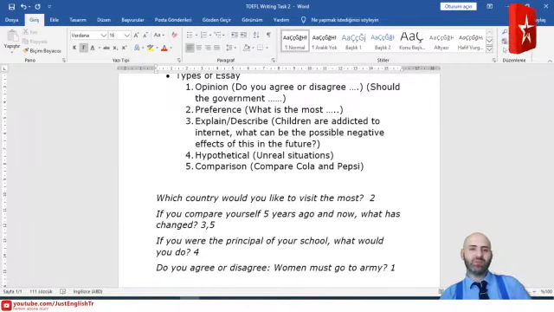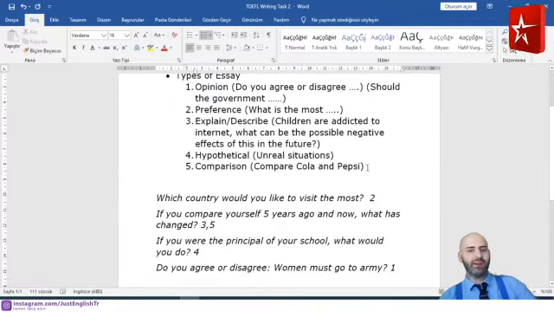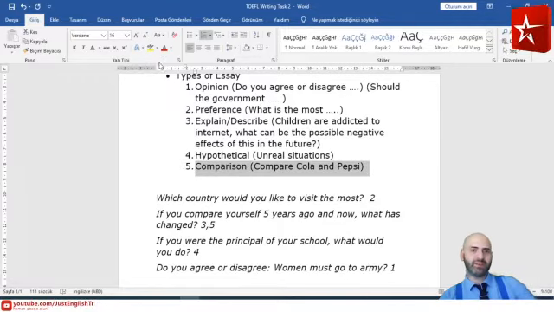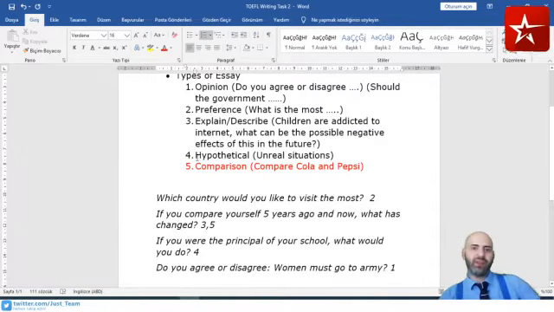Now, why did we discuss the types of essays? Why is it so important to know the type of essay? Because the first 4 types of essays, from number 1 to number 4, have the same structure of writing, but number 5 has a little bit different structure of writing. So let me change the color for number 5, and when I explain now the structure of writing essays, I will be talking about type 1, 2, 3, 4.